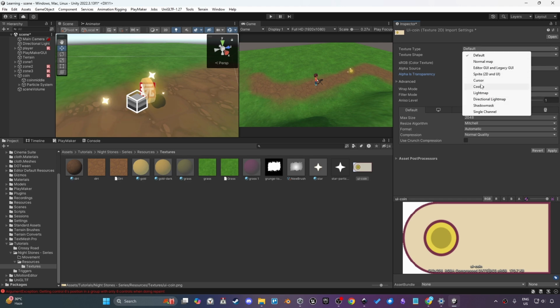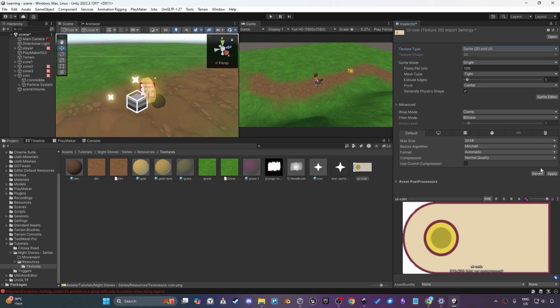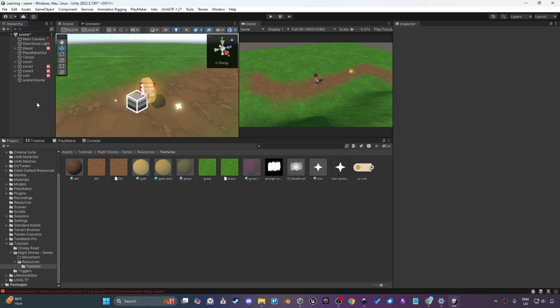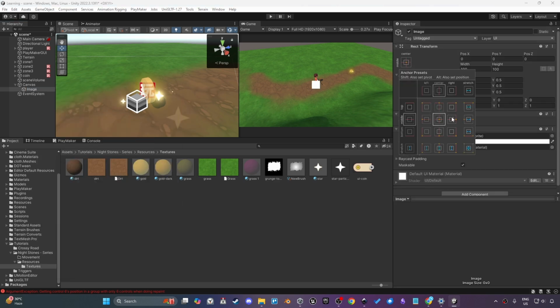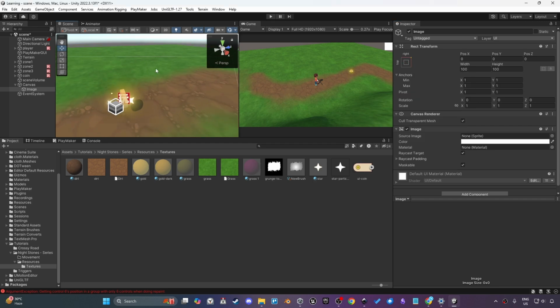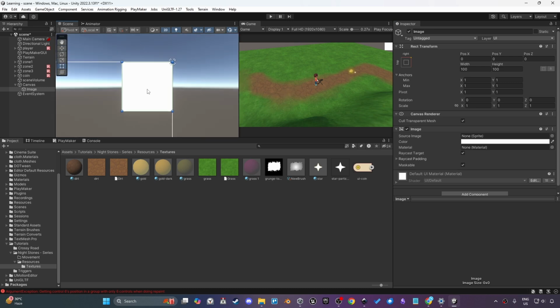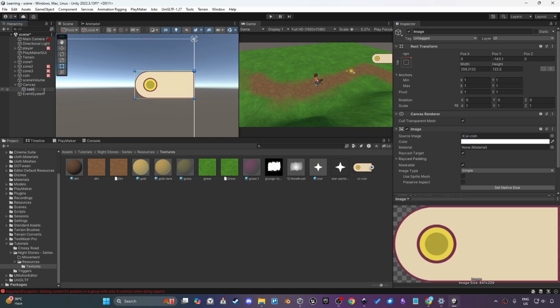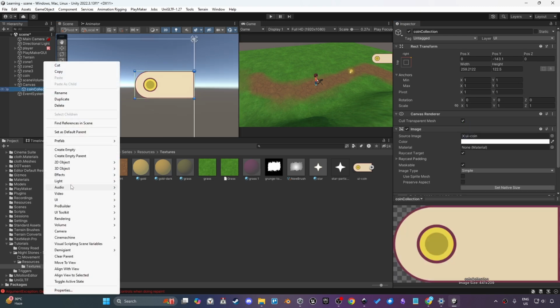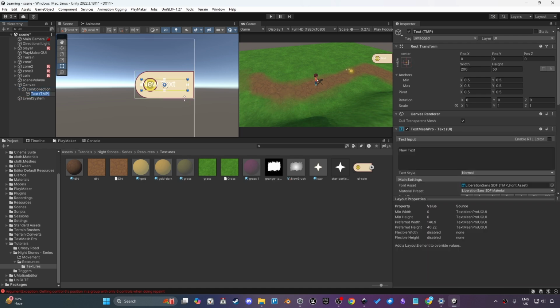I'm gonna just change this to sprite, 2D and UI, and single. And once I do that, I can create a UI image, and if I press Ctrl Shift Alt and then select the top right corner, it would snap to that particular corner. So I can just press F on my keyboard to focus on the image that we just created, and I'll just assign this one. And I'll just call this coin collection, and I'll quickly add a text mesh pro, and